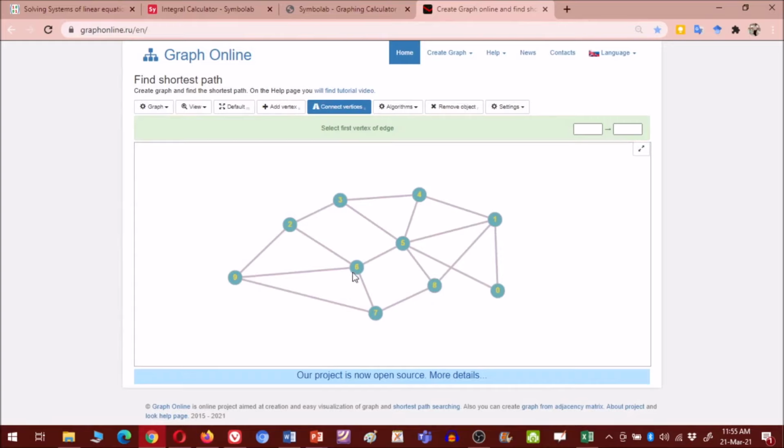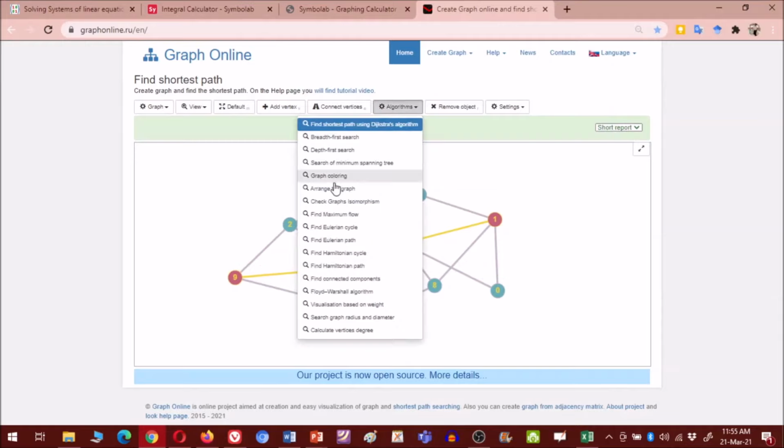Suppose now I want to find the shortest path between 9 and 1. So what I can do is choose the Dijkstra algorithm. I have to select the initial vertex, so this is my initial vertex. Now select the end vertex, so this is my end vertex. It has given me the shortest path, which is going through 9, 6, 5, 1. As you can see, it is just giving me the shortest path. You can click on full report, then you will get the distance. The lowest distance is 1. So all these distances you will get.